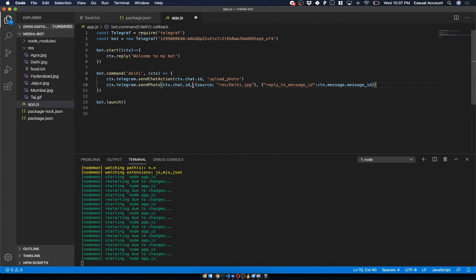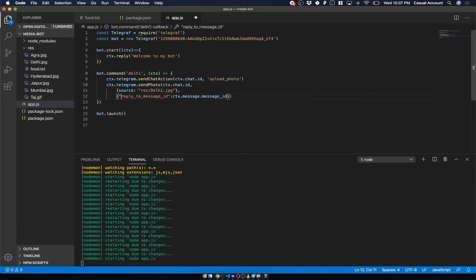So let me just refactor the code so that it is much more readable. I'll put them in different lines so that it is easy to understand. You can see over here, okay? So this is the code right now. So we have provided the chat ID, the source, and finally the message to which we want to reply to.